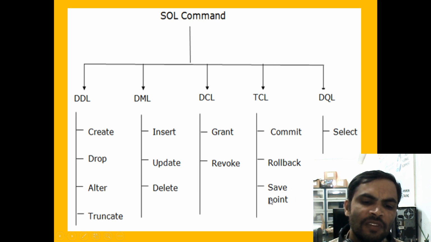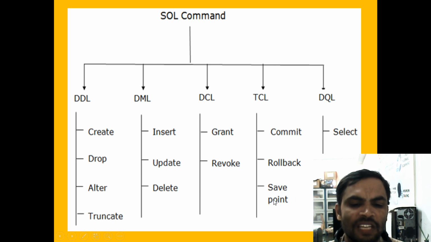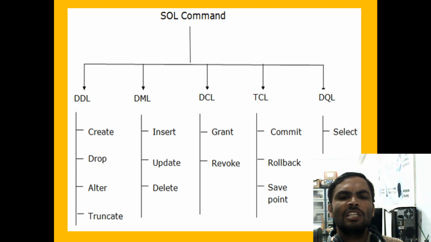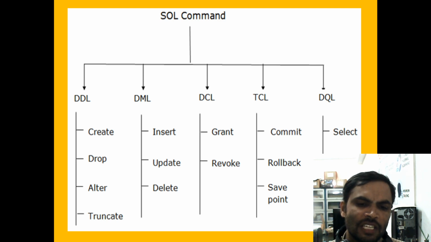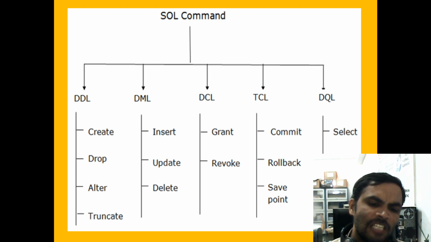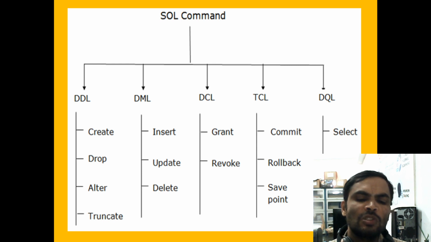Savepoint means we can save particular records and we can save the table also with the help of the savepoint. Actually, based on the different types of products under Oracle, based on the version, if you want to save, we can save in different ways.